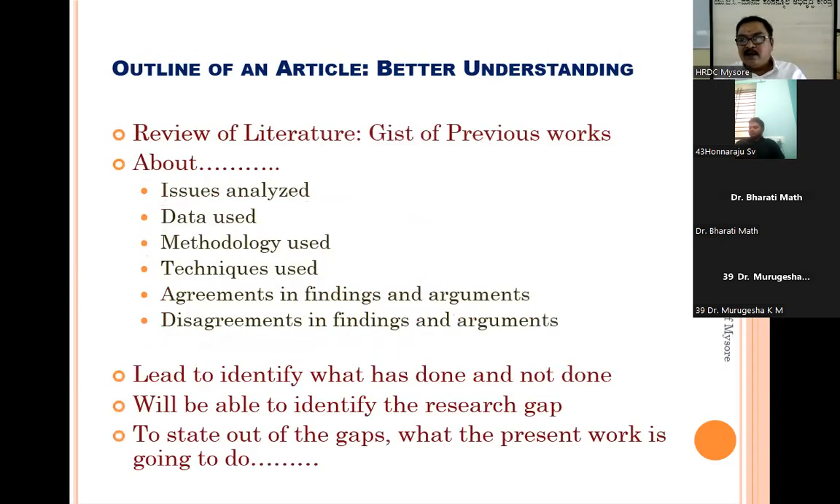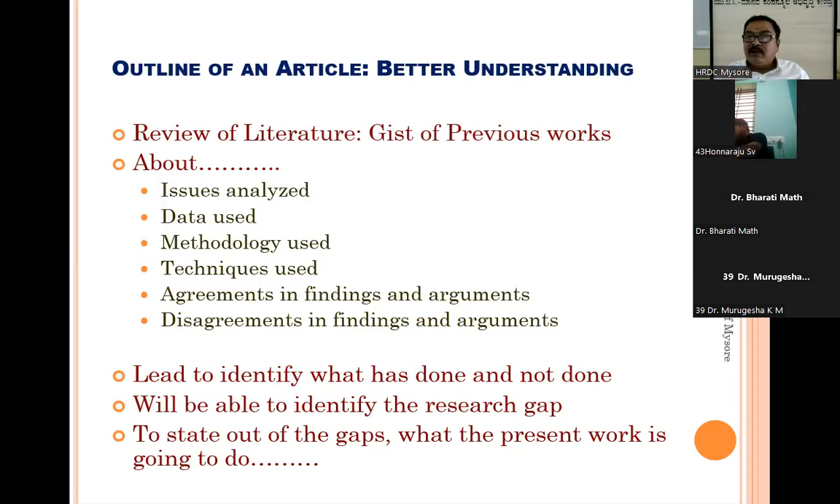Once you have done, you can go for the review of literature. How the review of literature should be. What are the things you have to do in the review of literature? So as you all know, review of literature is the gist of previous works. What are all the previous works have done? I know it is impossible to review all the works, but the most relevant, related works need to be reviewed